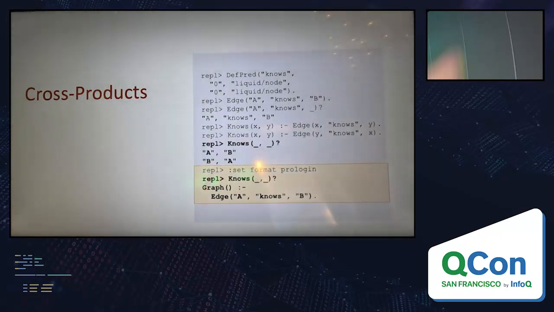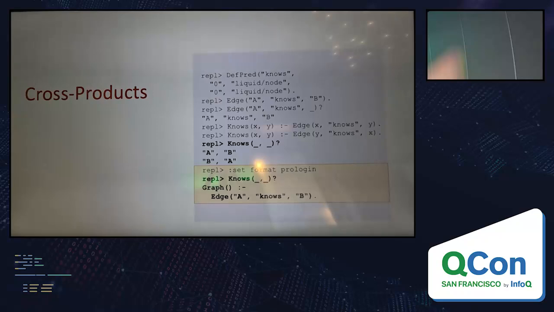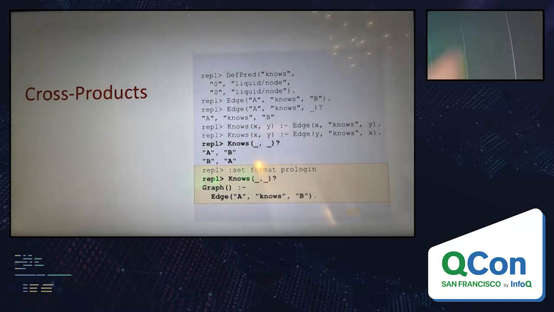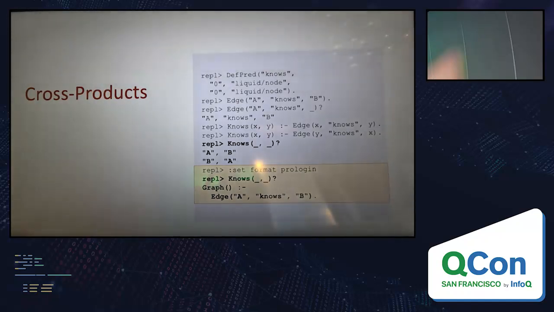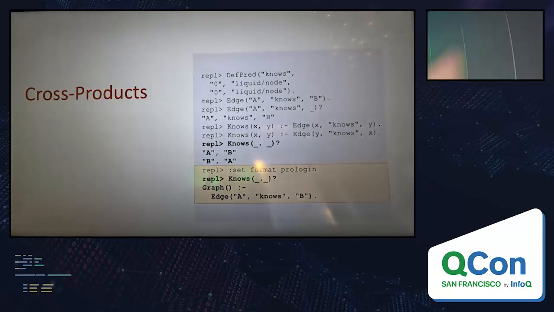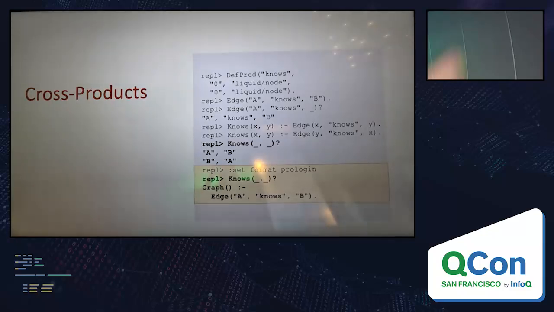Okay, but if I look at the edges, there's this one edge. Why is this a big deal? Well, we're doing complex queries of many-to-many relationships. Every time you introduce a cross product, you're multiplying the size of your results by some constant factor, 2, 3, 5, 10, something like that. So it's really easy to get results that are 100 times the size of the actual edges, if you're doing a complex query.